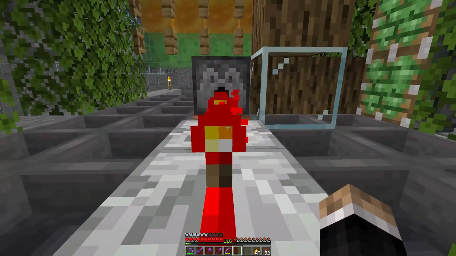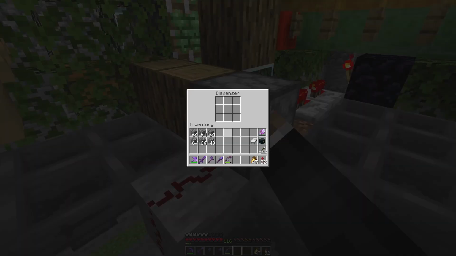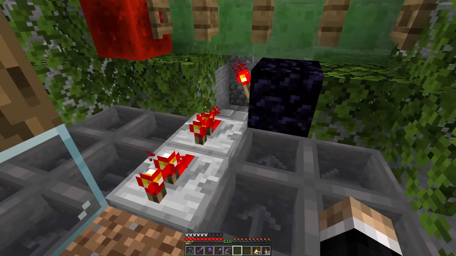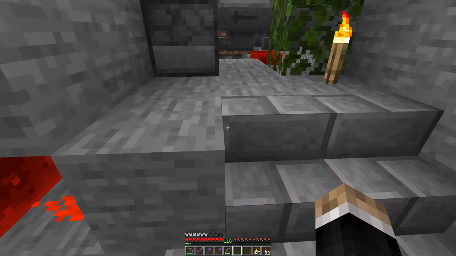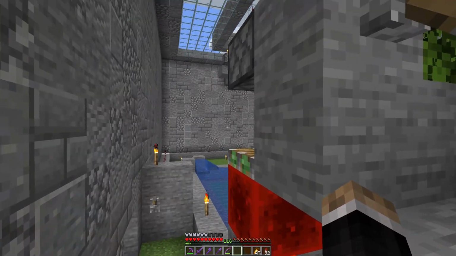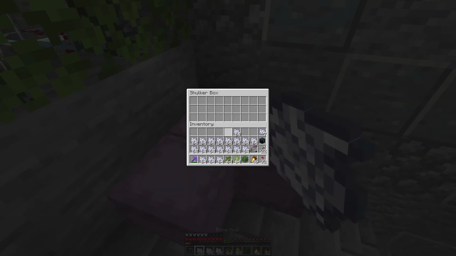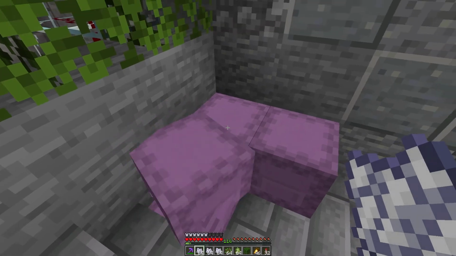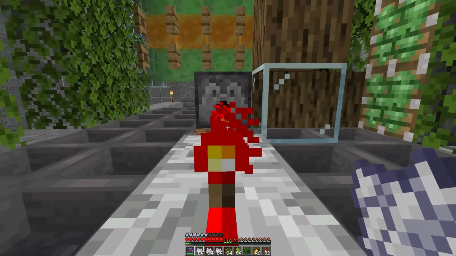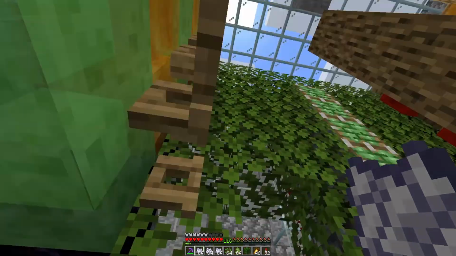So I do have a couple more things that I need to do with this tree farm. The number one thing is I need to load it up with bone meal. So let me go grab a bunch of bone meal, and then I will come back and see if we can make this tree farm work. And 3. So I have just collected 3 full shulker boxes full of bone meal,